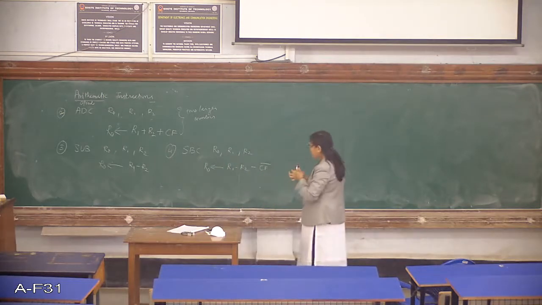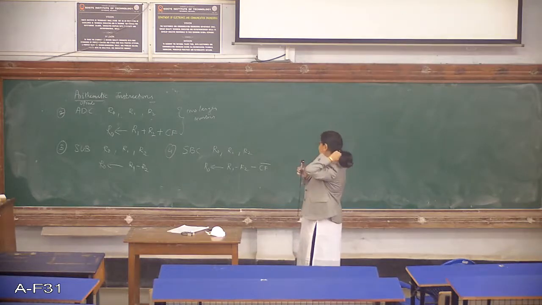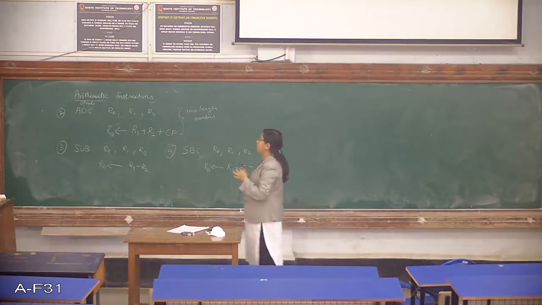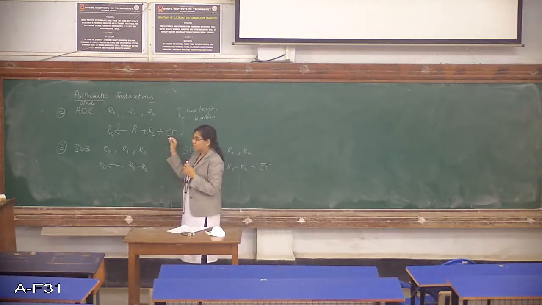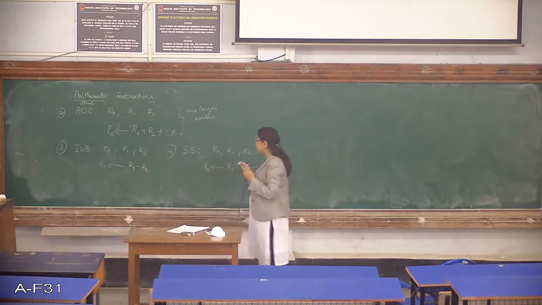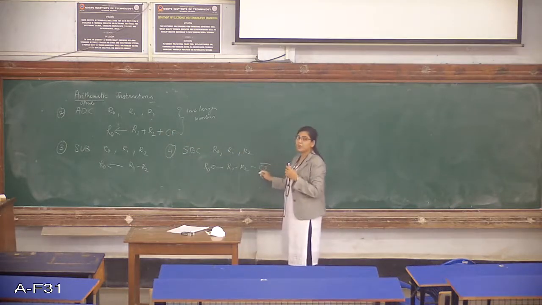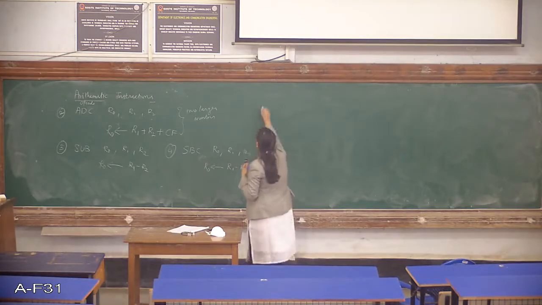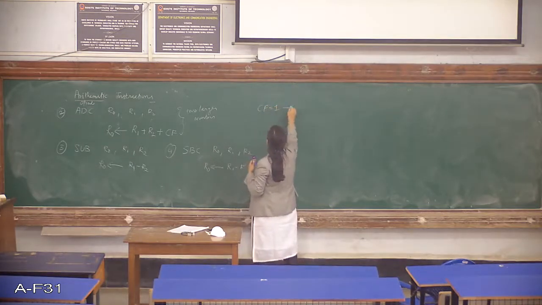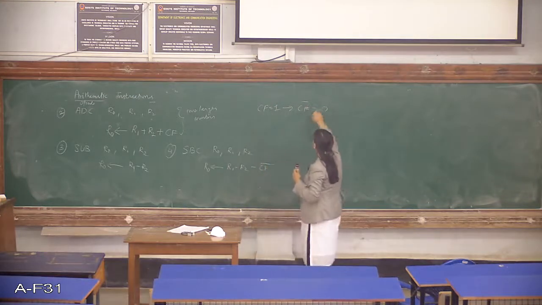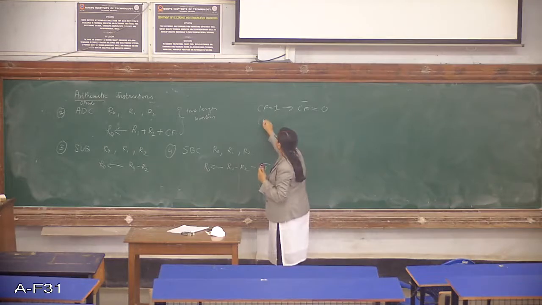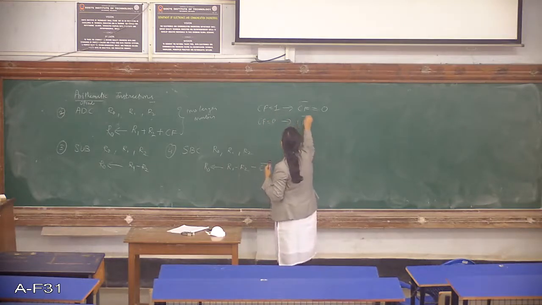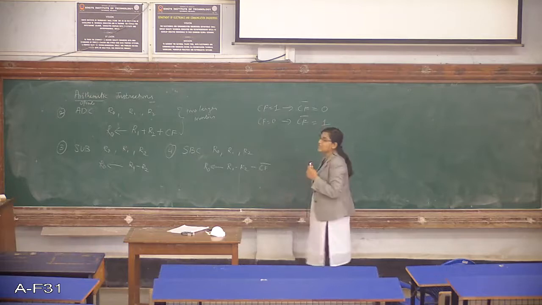Minus CF bar. Now what do you mean by CF bar? When you do addition, it is only CF, that is the carry flag. So if you have a carry, it is 1, you add. If it is 0, you add 0. But instead of carry, here it is the borrow part. When I say borrow, in the ARM processor, we have an inverted borrow. So if I get the carry flag as 1, the borrow, which is CF bar, is 0. When you have carry flag 0, we have the inverted carry flag, which you will have as 1.